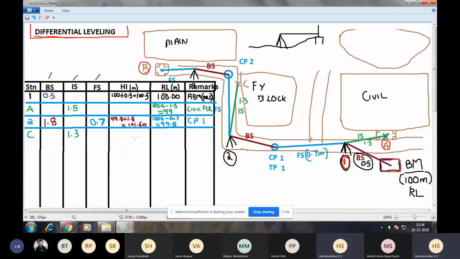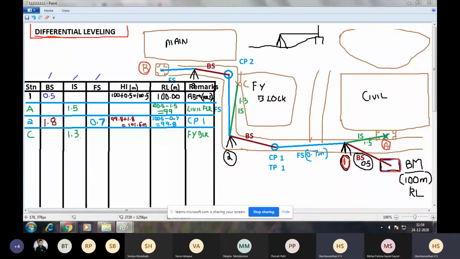It is taken on point C, which is the first year block. And this particular reading is intermediate sight.